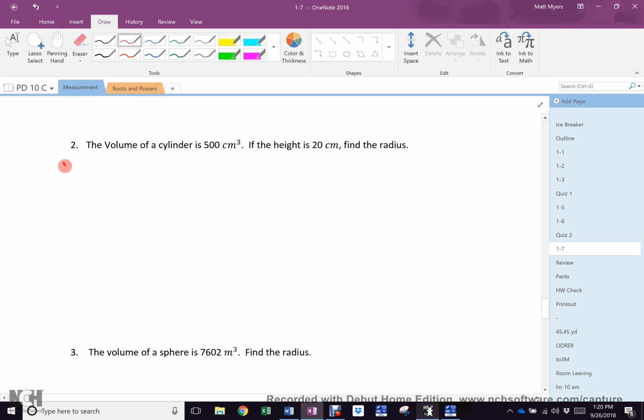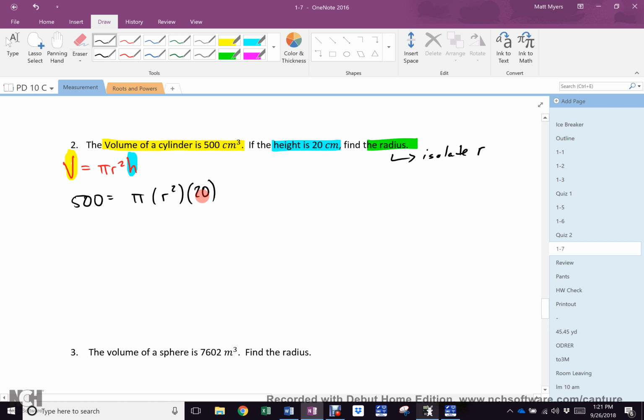Same thing here. Volume of a cylinder equals pi r squared h. You have a volume there. You have an h there. You need to find the r there, which means you isolate r. 500 equals pi r squared